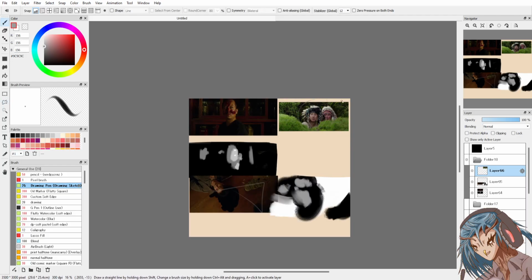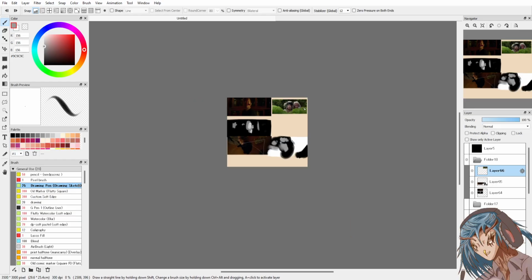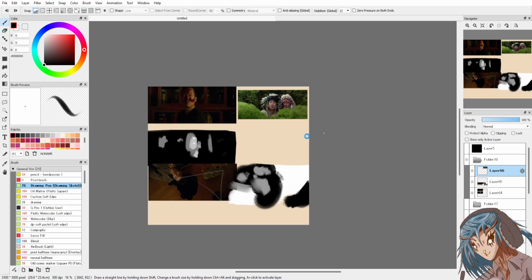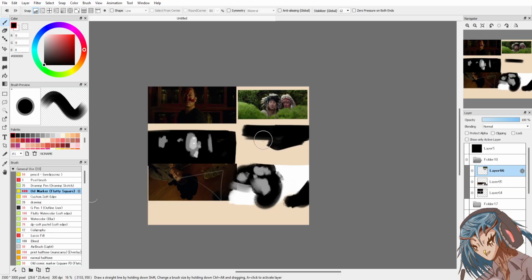This character doesn't feel real. They feel a bit childlike. We've established the headdress is associated with playful innocence.